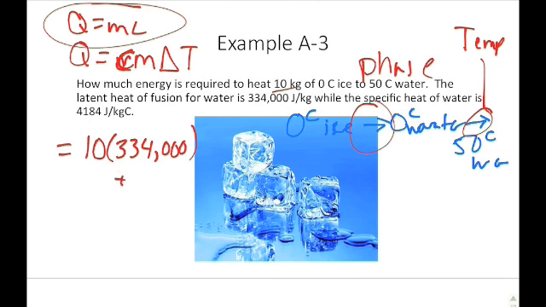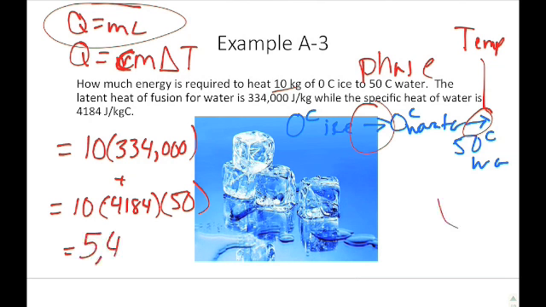I would also add the same mass times the specific heat of water, which is 4184, times the temperature change, which is from 0 to 50, so a 50 degree temperature change. You multiply them out and add them together, and the energy required to take 10 kilograms of 0C ice to 10 kilograms of 50C water would be about 5,432,000